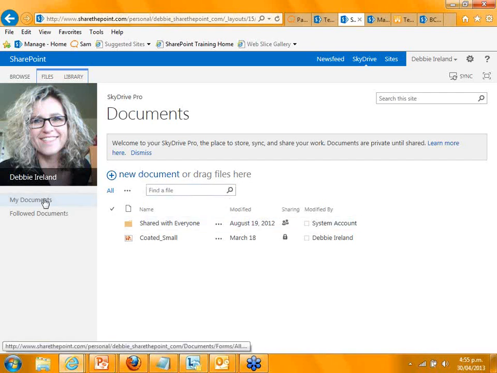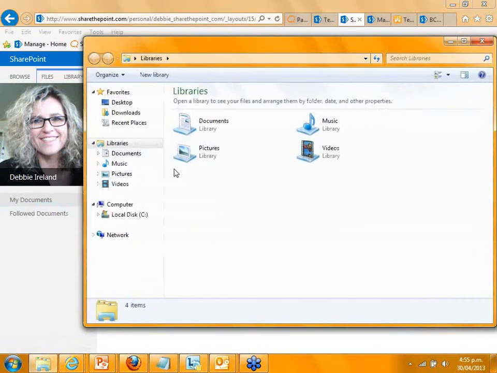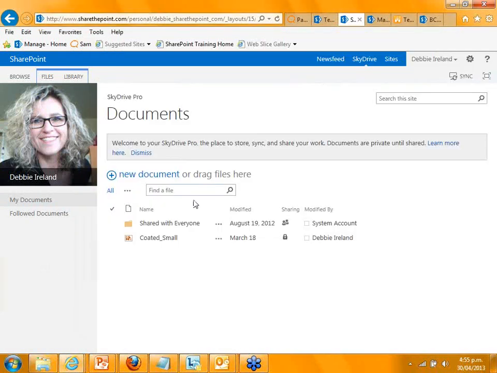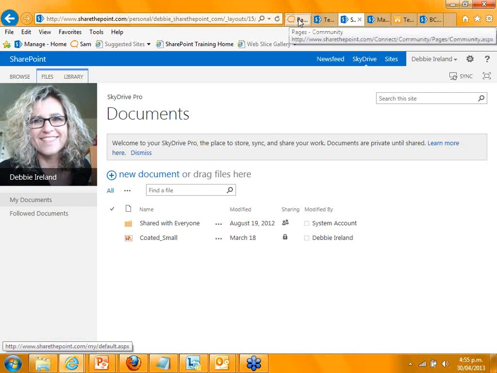I won't do this because I haven't got one ready, but directly I can just drag it straight from my Explorer view across into here, and it'll just load it up into here. And I could also synchronize that, and it'll end up on my desktop, so I've got an online version of that happening.